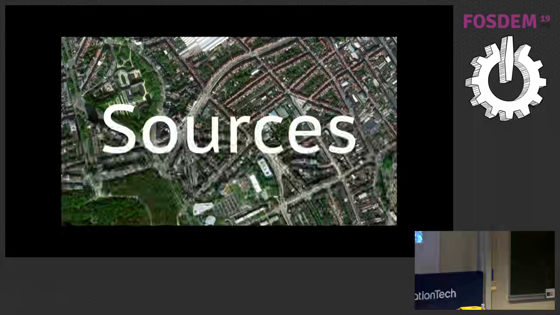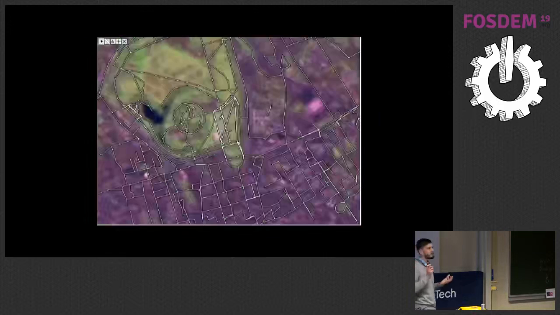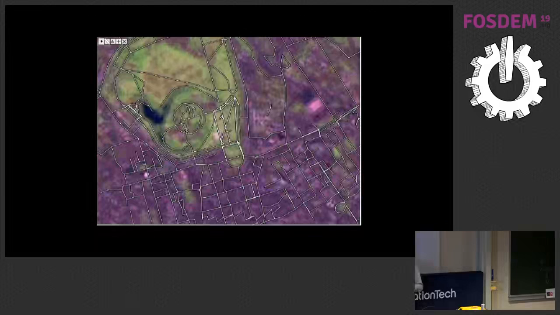Because the first cities were drawn using only Landsat imagery, which is very crude, like 15 meters per pixel, and manually collected GPS traces, which are also not great, but you can see that at least they make a road network you can trace. GPS traces are still considered the main source for OpenStreetMap.